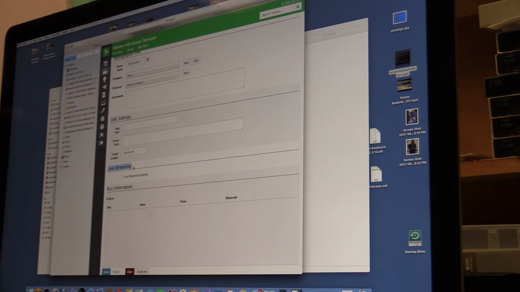Now let's say that with this choir concert, they only have permissions and copyright rights to perform live and have it played on the cable channel, but they don't have live streaming rights or whatever it may be. Well, you do have the ability to make programs live streaming exempt, so you can have them opt out of the live streaming. So if you click on this to make it live streaming exempt, anytime that this program is scheduled for playback, it'll play on your cable channel, but it will not play on